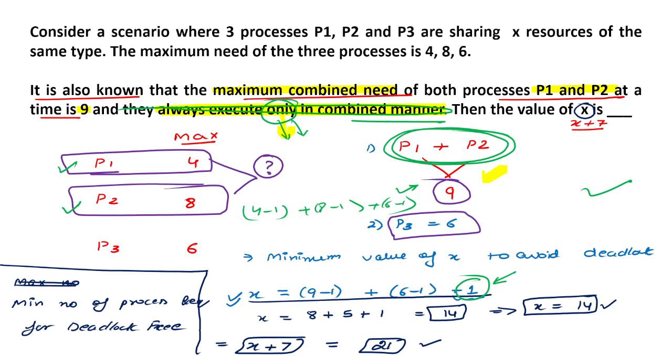So this is the basic formula to find out the deadlock free system when we have 2, 3 or multiple processes in a queue. All the processes have some maximum need,